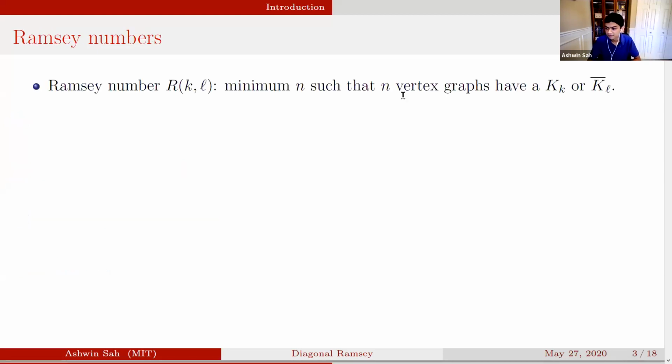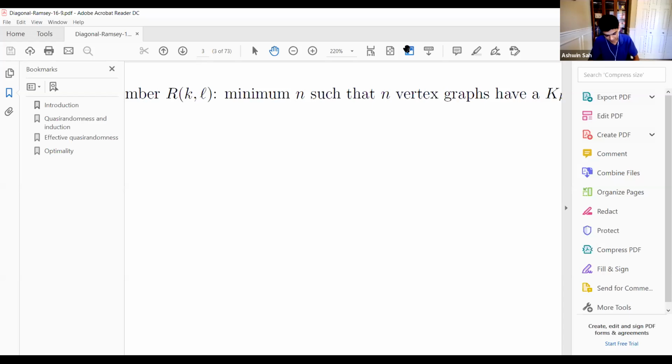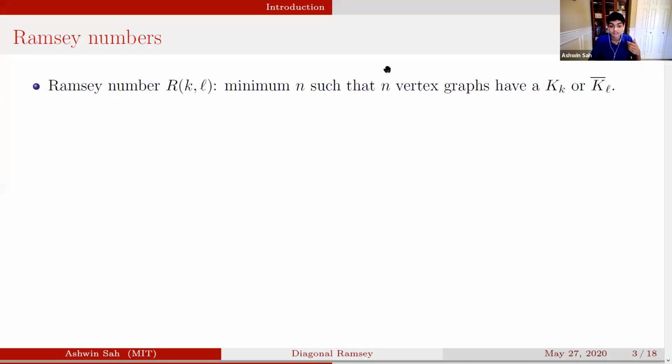Okay, so just for some basic history. Recall the definition of the Ramsey number: R(k, l) is the minimum n such that every n-vertex graph either has a clique of size k or an independent set of size l. I'll denote an independent set by bar K sub l. And Ramsey showed that these numbers are finite,